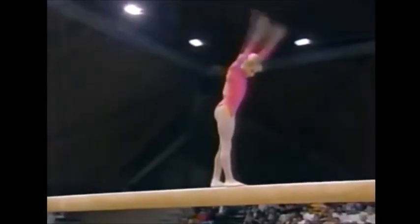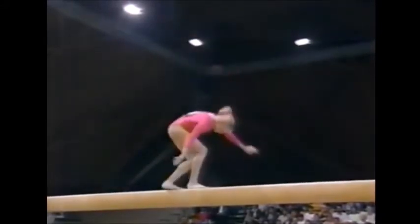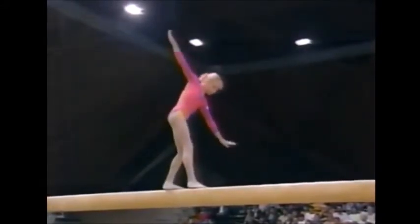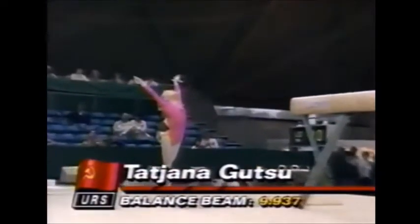This is just unbelievable. Watch her spot for the beam. Full twist, she gets her eyes on the beam, and makes sure she's square right over the top of the balance beam. The dismount is 3 back handsprings into a double back somersault with a full twist. She begins the somersault, the full twist, and then pulls that second one around. So with a score of 9.937,